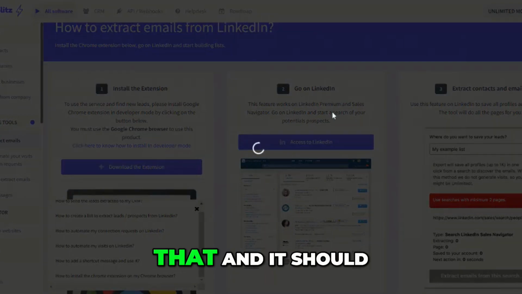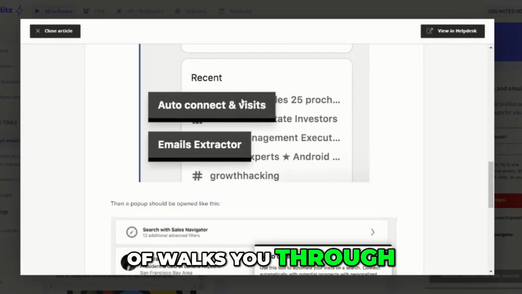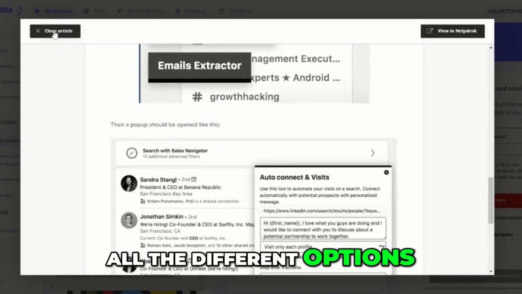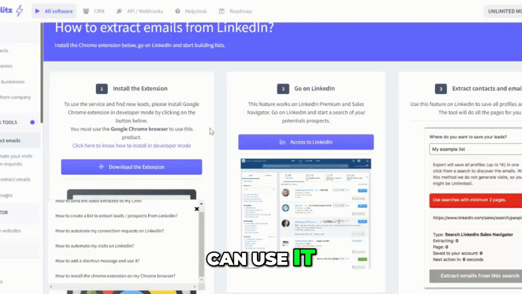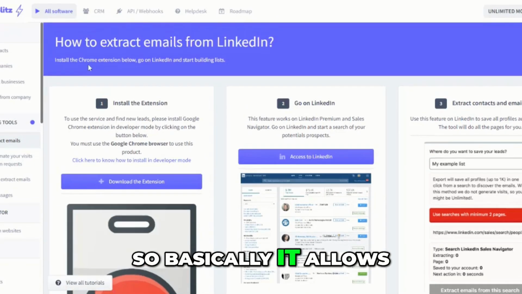Just click on that, and it should pop open a help article that walks you through all the different options and the best ways you can use it. So that's the tutorial section, but in terms of how this tool works, basically it allows you to extract